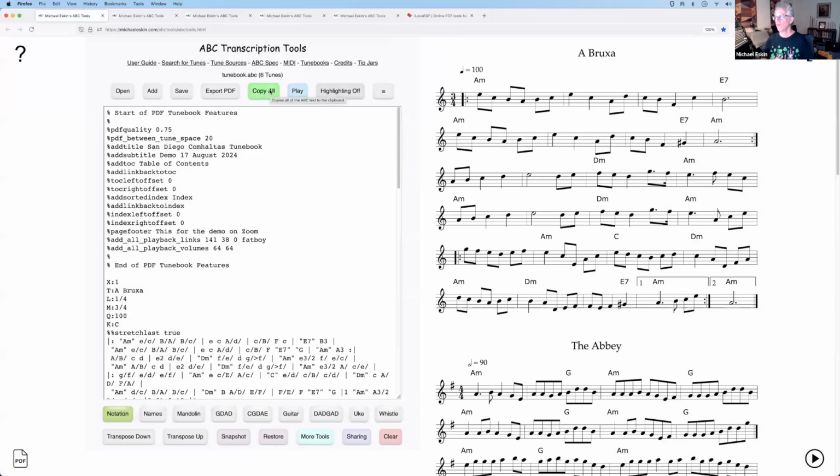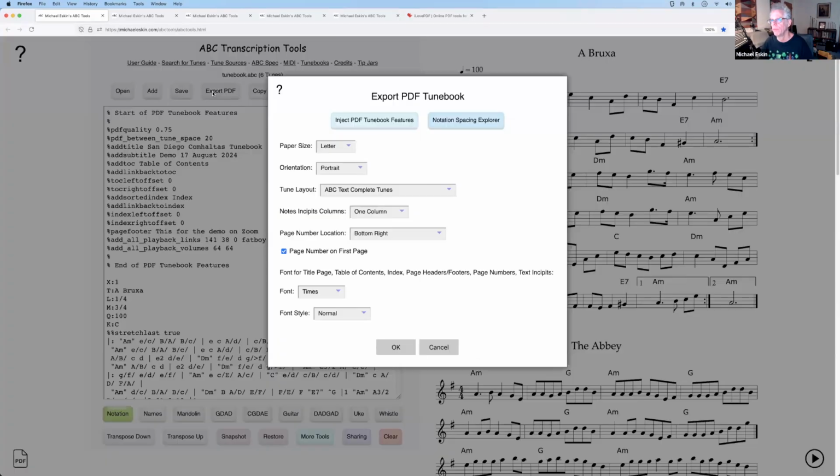But one of the ones I added more recently is if you wanted to put out a PDF that plays for each of the tunes in the tune book as an individual PDF file, you can very easily do that. And the way you do that is just export PDF, and there's a new option at the very bottom that says individual PDF for each tune. And when we do this,